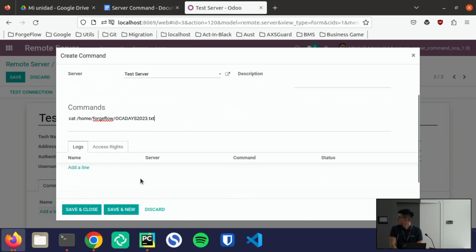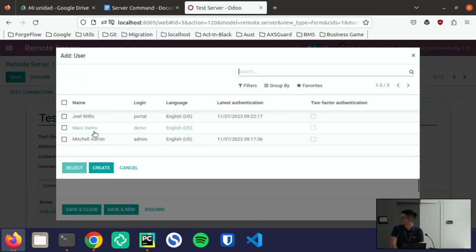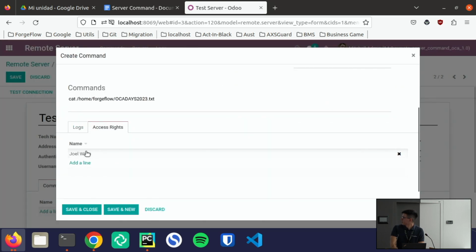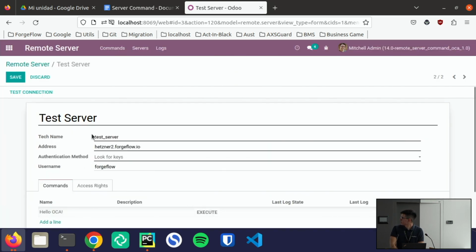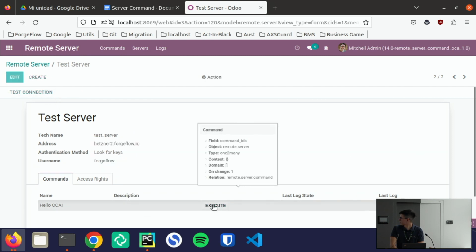I will also give access to the portal user. Okay, and I can save. And if I execute,